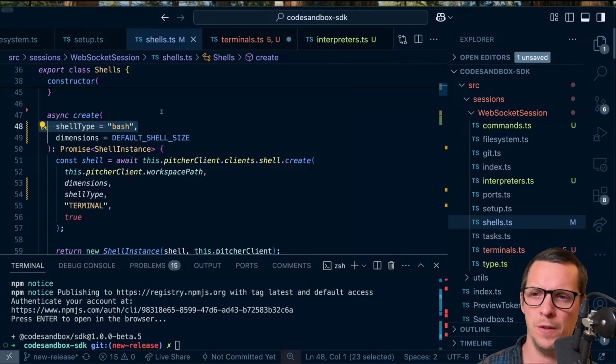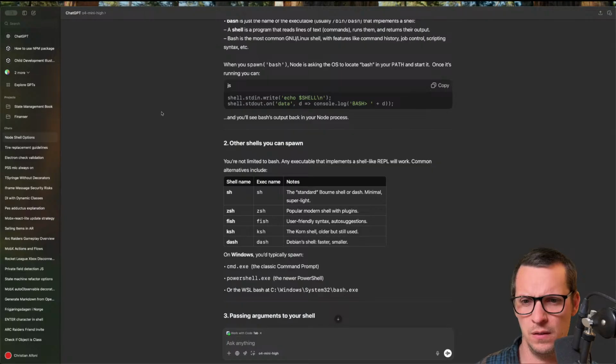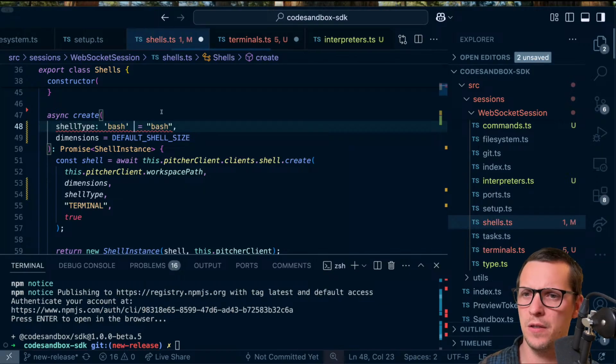Sometimes you want to only define the dimensions. Yeah, I kind of want to say, okay, I want to actually type this. Bash, or